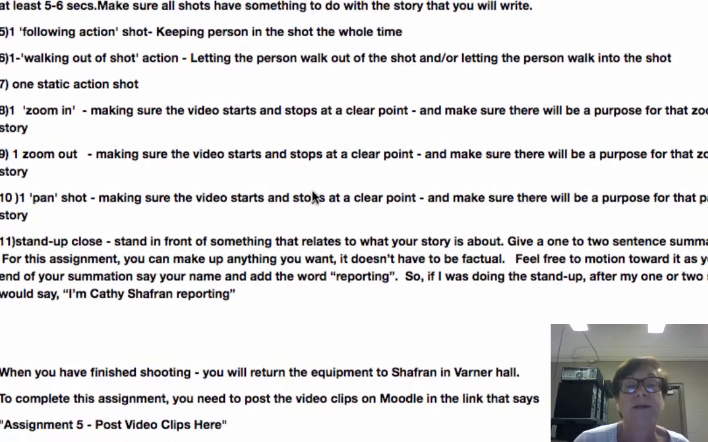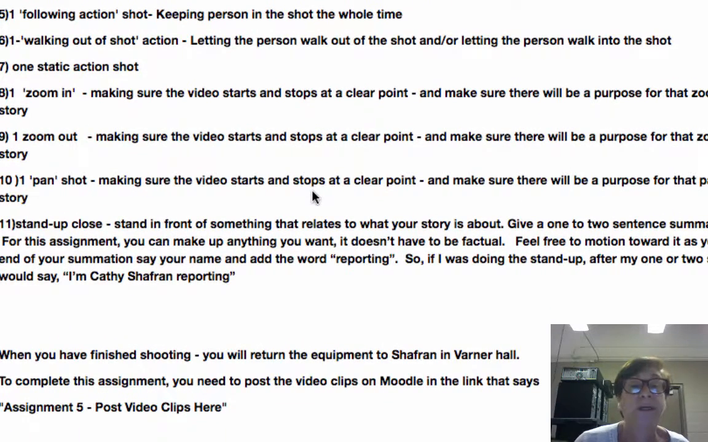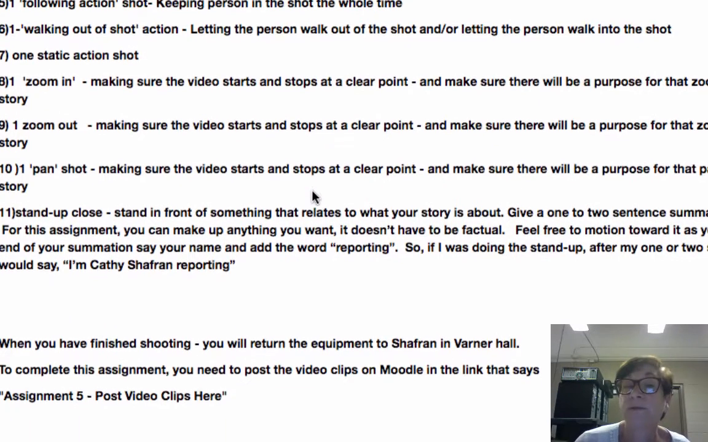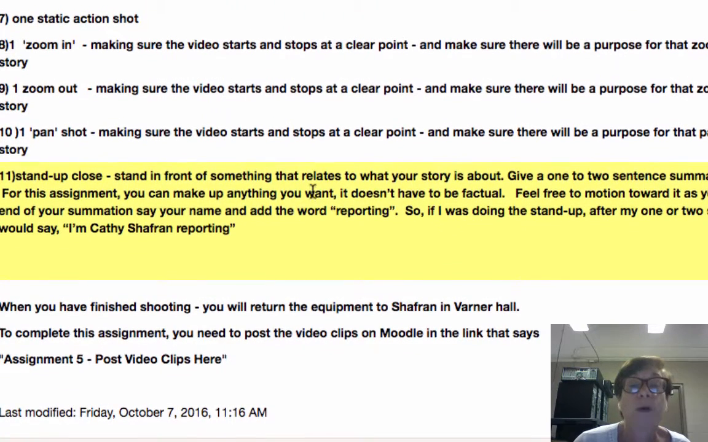And lastly, you're going to shoot a stand-up close. You're going to stand up in front of something that relates to what your story is about. Give a 1 or 2 sentence summation of the story. For this assignment, you can make up anything you want. It doesn't have to be factual. Feel free to motion toward the thing that you're talking about. And at the end of your summation, say your name and add the word reporting. So if I was doing a stand-up after my 1 or 2 sentence summation, I would say, I'm Kathy Schafran